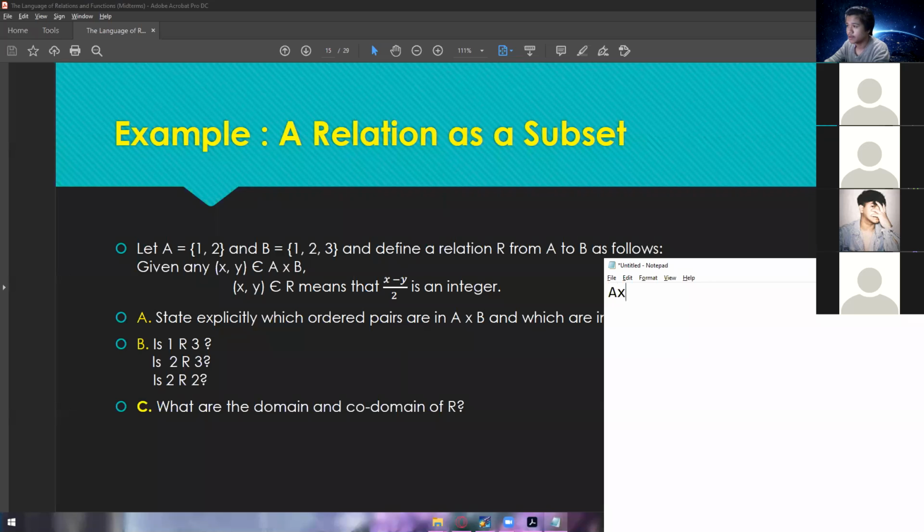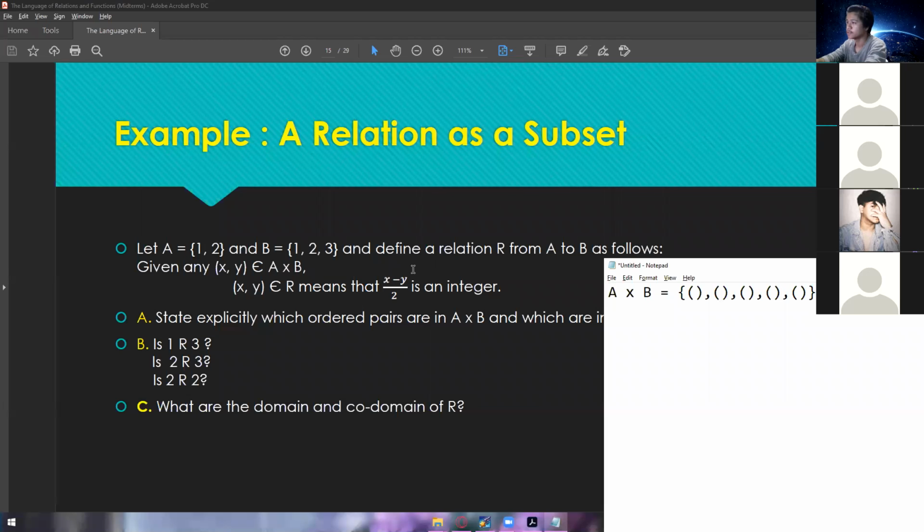So A cross B is equal to, in here we could say that there's a total of 6 ordered pairs. So how did you get that again? Just multiply the count of elements. As you can see, we have 2 elements and then 3 elements. So 2 times 3 is 6. So here we have a total of 6